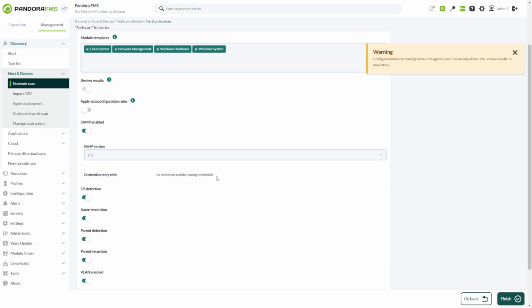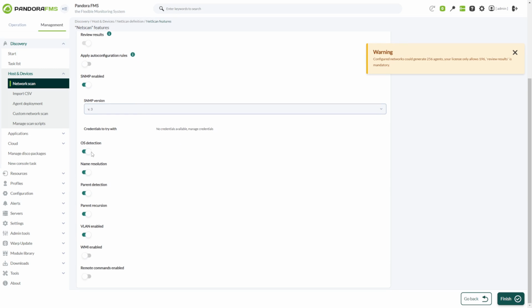Finally, there's a series of extra options that will allow you to dive into the task. These are OS detection, name resolution in case of using domain names in the recognition, parent detection to calculate different interconnections between devices through the information collected by SNMP, parent recursion to improve parent detection by adding recursion to the process, VLAN enable to detect the VLANs to which the different devices are connected,